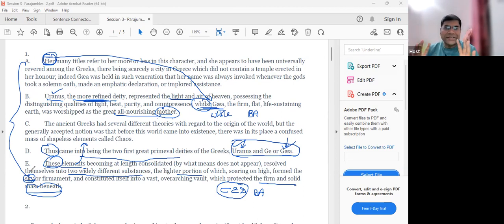So the pronoun in itself will not be able to 100% guarantee that you will get the question correct, because pronoun is just one step in the direction, because you will have more sentence connectors. And when you get all of these together, then the probability of getting the question correct increases dramatically. So today, if you know how to use the pronouns, you might miss the question by just one sentence. But if you had no idea of the pronouns, you would have missed the question completely.